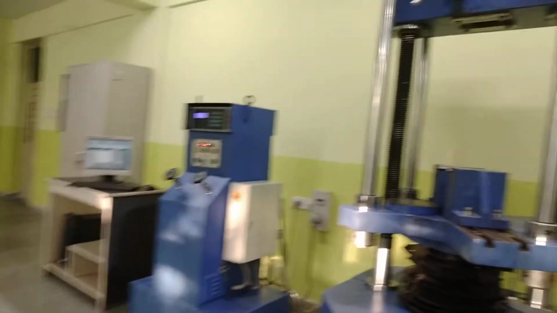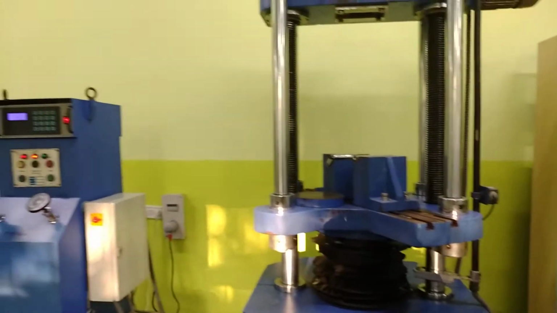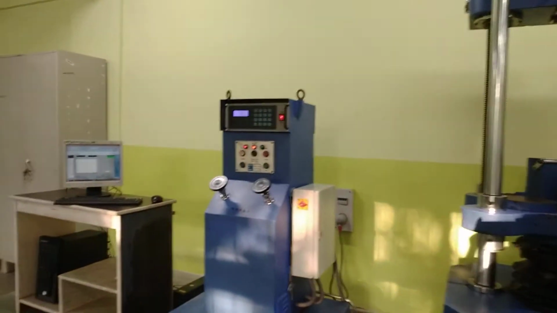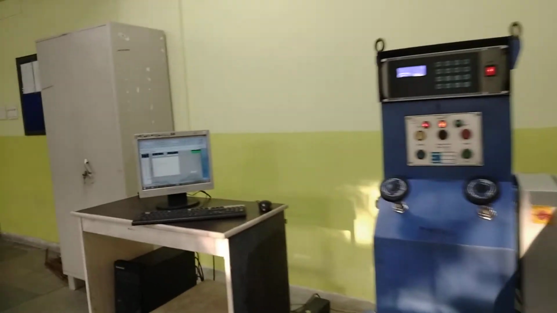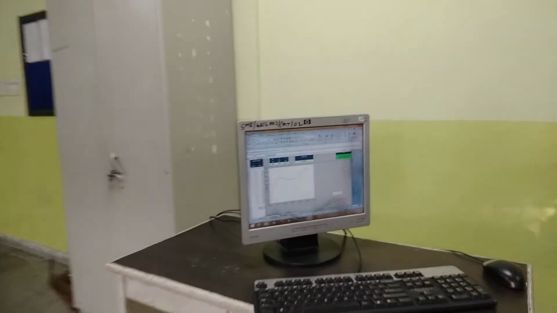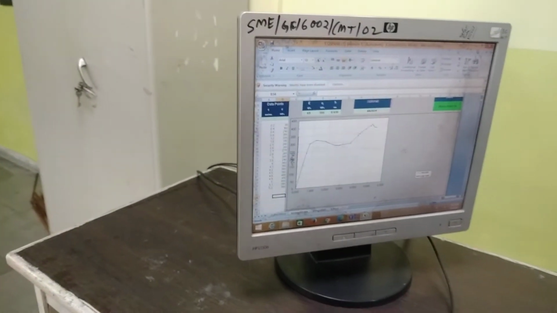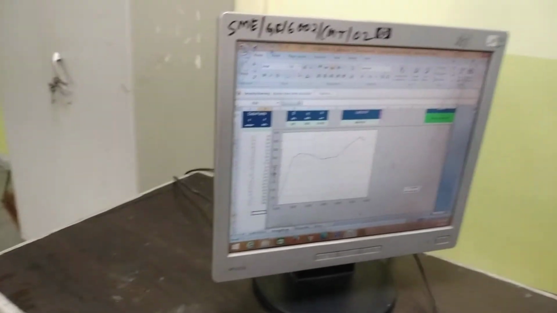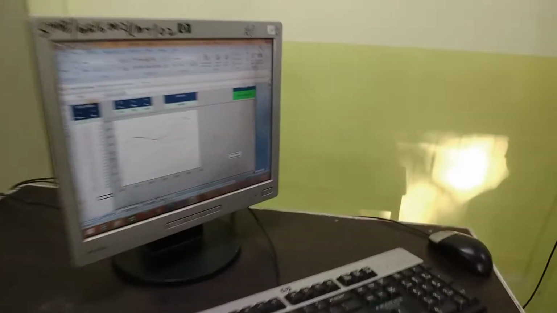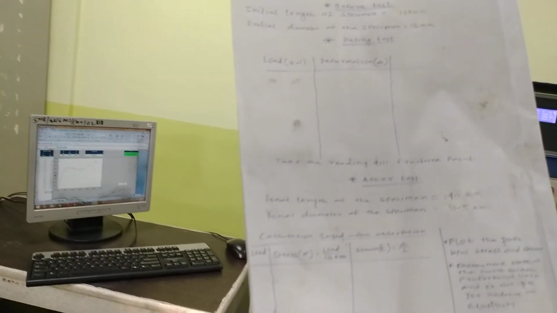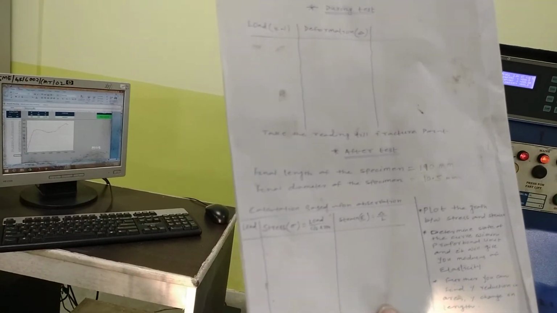Now I am going to the computer unit because I need to take the readings that were supposed to be taken during the test. Here you can see the plot has also been made and the reading is already here. So I will note down the reading, and you can see what we are going to do in the calculation part.